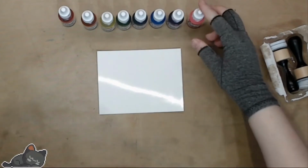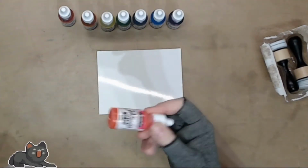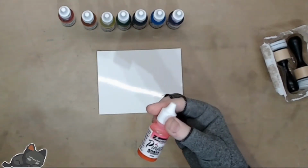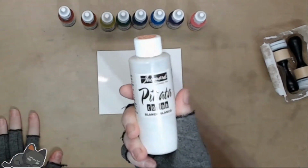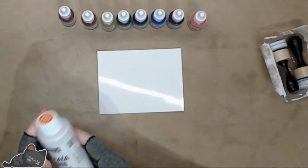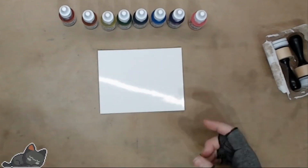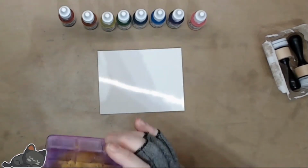So if you just put this into resin, it will colour the resin, so you can use it as a pigment to colour it. But if you want to get the drippy effect, then you have to put the colour and then put the white on top. However, the little discs that I made, and actually also this stand,